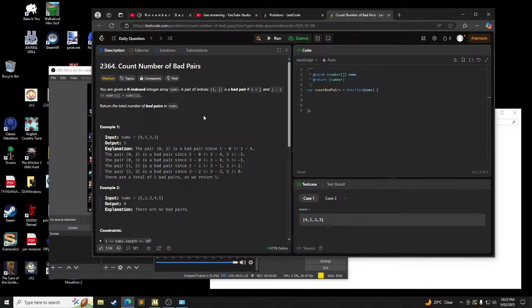What is it saying? Fires by J. JTech. This one, zero is like one take four. Pair 1 2 is a bad pair. Oh, okay. So